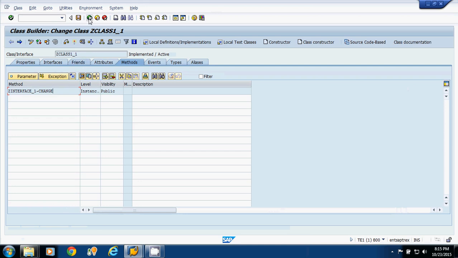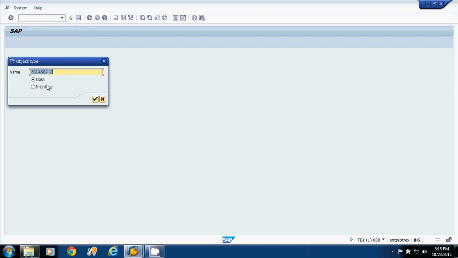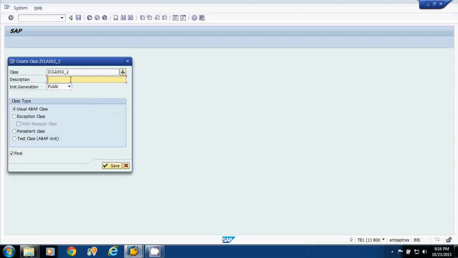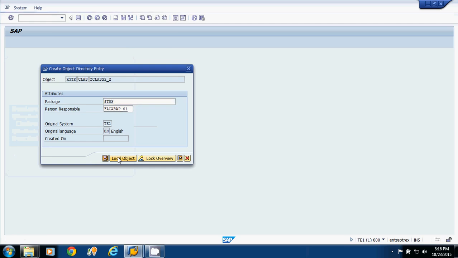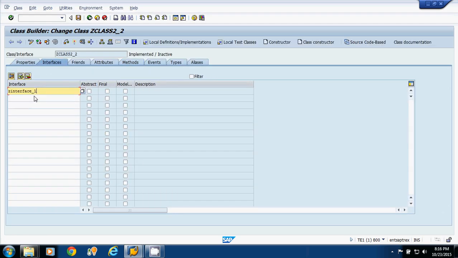Now suppose I am creating one more class, Z class 2. I will go for class, again class 2, save, local object. Now I will again go for the interface tab. I will provide the same interface name here.